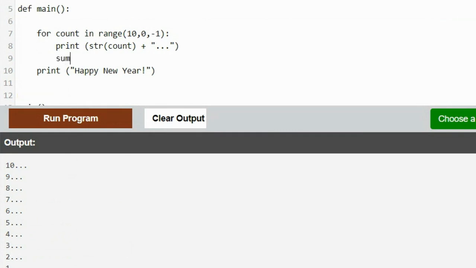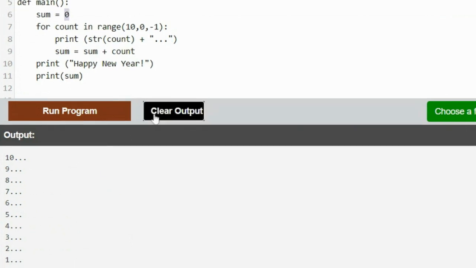We could do that: sum equals sum plus count, and then at the end, print the sum. I just call that the sum because that's what you get when you add numbers together. I can go up here at the beginning before my loop and say sum equals 0 to make sure it's empty. It starts at 0 and it'll add up 10, 9, 8, 7, 6, 5, 4, 3, 2, 1. So when we run that,